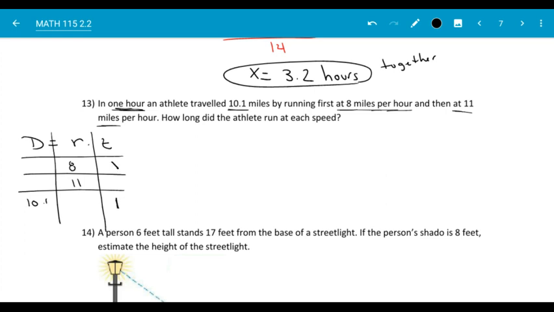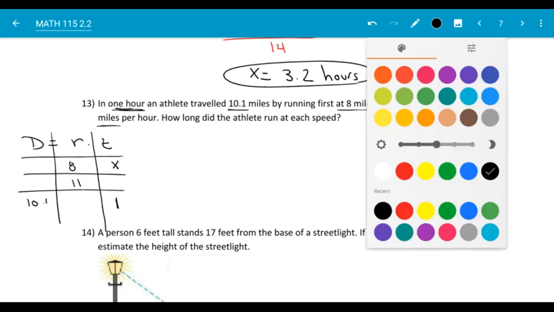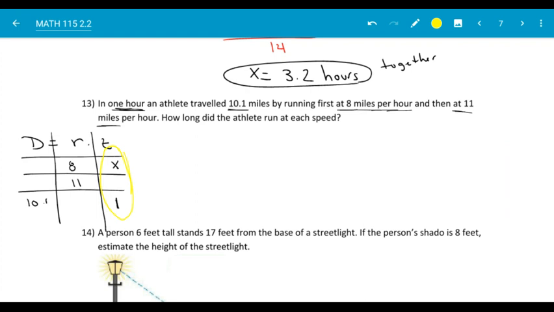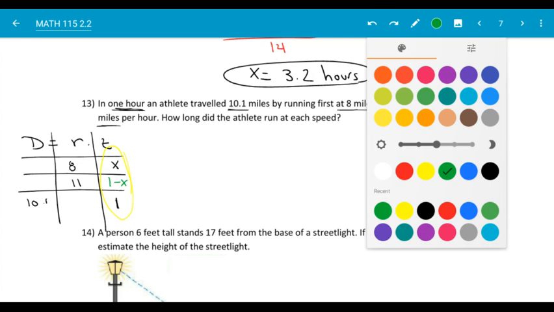So if we call the time here x, what you want to keep in mind is when I add together these columns, it has to give me 1. So that means this one must be 1 minus x. If you check, if I add line 1 to line 2, the x's drop out, I get 1, so that is our correct answer. Now that tells me that